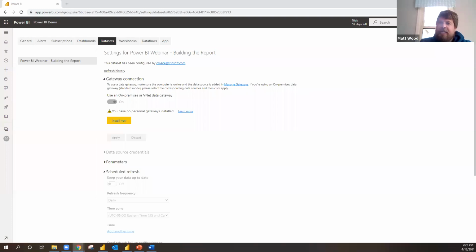All right. So this gateway connection, just keep in mind, this is all based on security things. So if I'm connecting, let's say, to an on-premise SQL database, for example, I've got to have that gateway connection set up, and you're typically going to want to work with your IT to do that, but they're going to be able to help you set that gateway connection up so that I can do these auto refreshes and whatnot.